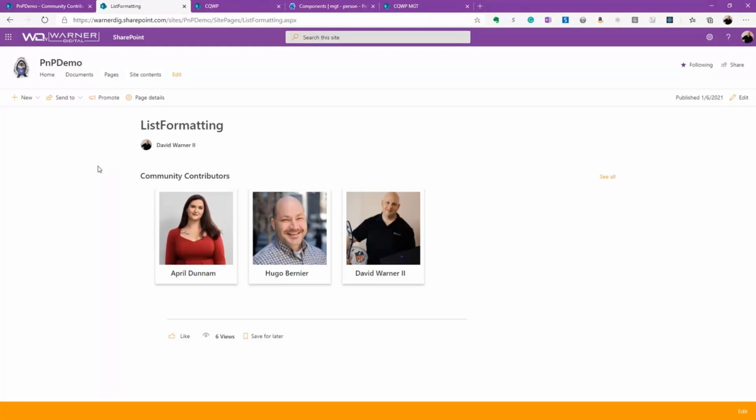But there is a ceiling, right? We're not going to get involved with JavaScript on a list formatting definition. We're going to have a degree of ceiling on what we're able to do to our list formatting experience. If we want to up the ante on that experience or that solution, we're usually going to want to include